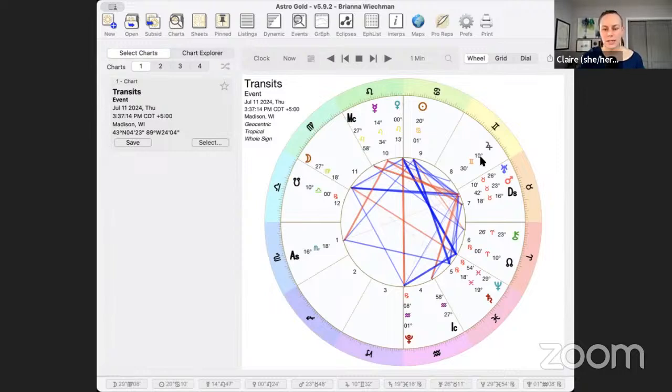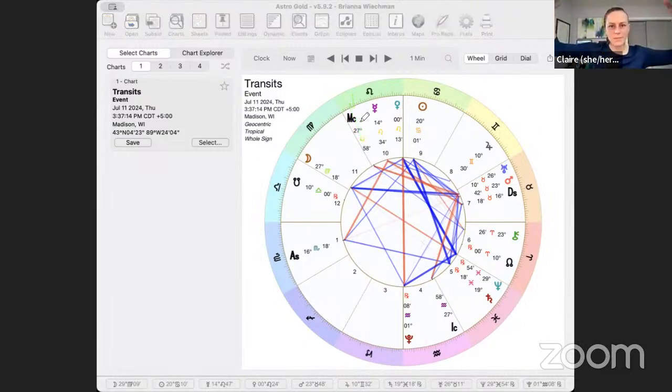And what's kind of interesting too is when I'm electing for marriages, which I'm kind of getting away from, so don't ask me to elect for your marriage because it stresses me out too much. I'm going to refer you to Kyra Ryberg or Cameron Cassidy or someone like that to do your marriage elections, but they do talk about having the midheaven be what is between the two people.